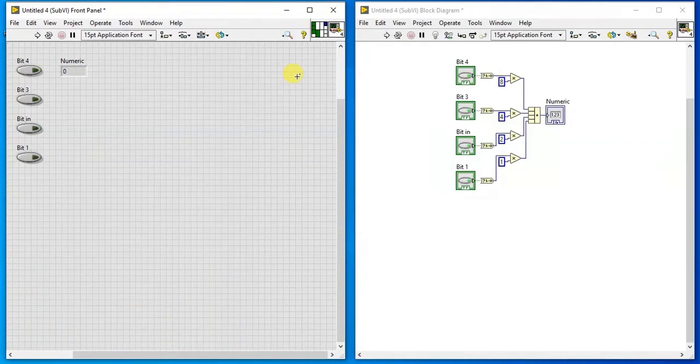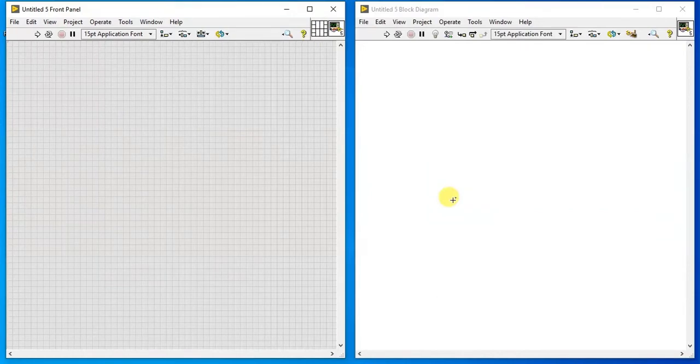As you can see on the top right corner of the front panel window, LabVIEW automatically configures the connector pane and wires the sub-VI based on the number of controls and indicators. I have already explained how to create an icon and connector pane for the sub-VI in the previous video, which is LabVIEW programming part 4. Now I am going to tell you how to use the sub-VI.